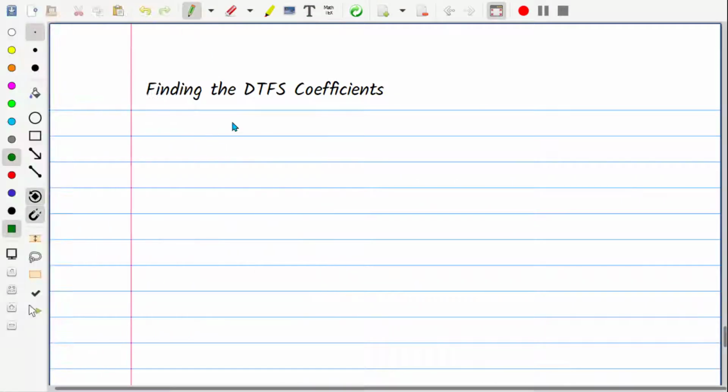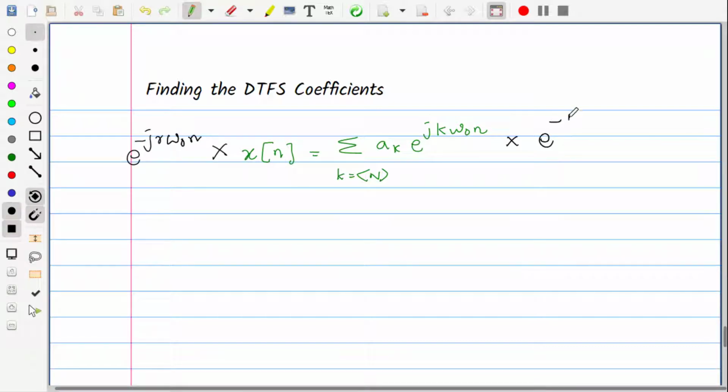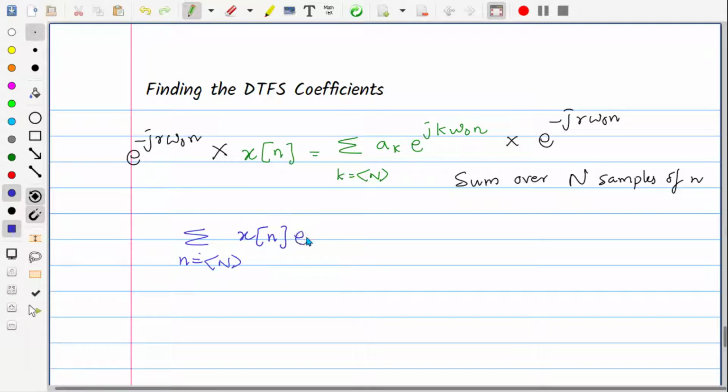Fourier series coefficients. Consider the DTFS equation x of n is equal to summation k in the range of N, a_k e^(jk omega_0 n). Now multiplying both the sides of the equation by e^(-jr omega_0 n) and summing over N samples will result in summation n within the range N, x of n e^(-jr omega_0 n),